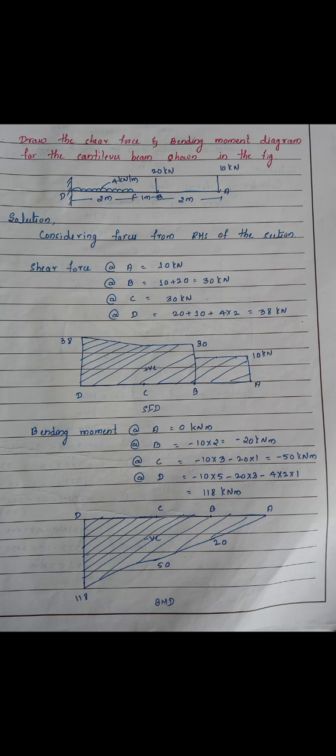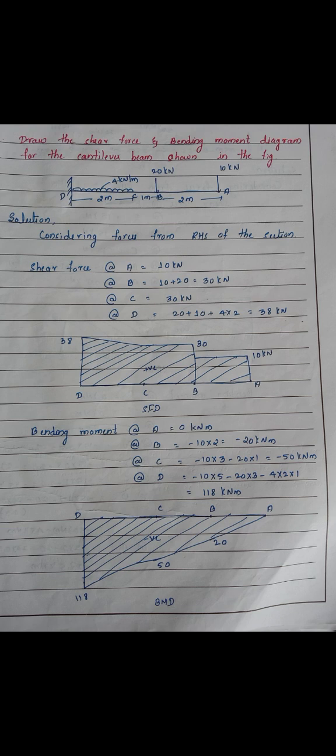So now we have calculated the shear force and we can draw the SFD. In the same way we need to calculate the bending moment, and also we need to draw the BMD. First, the bending moment at A will be 0, because moment is nothing but force into perpendicular distance, and here we are calculating the bending moment at A. A point load is acting there, but the perpendicular distance is 0. So the bending moment at A is equal to 0. And the shear force has the unit kilonewton, and the bending moment has the unit kilonewton meter, because bending moment is nothing but force into distance.